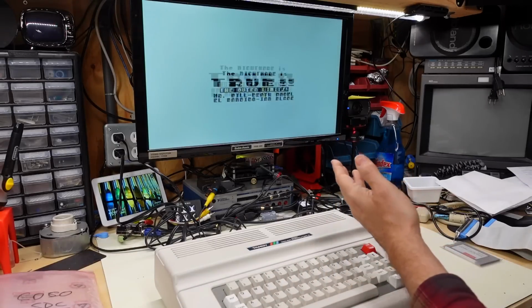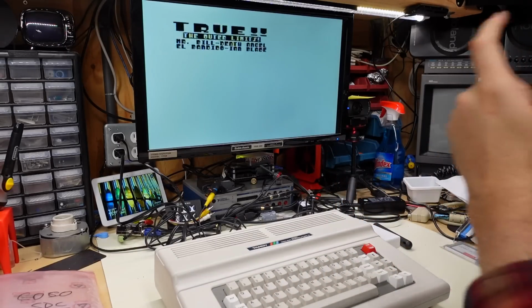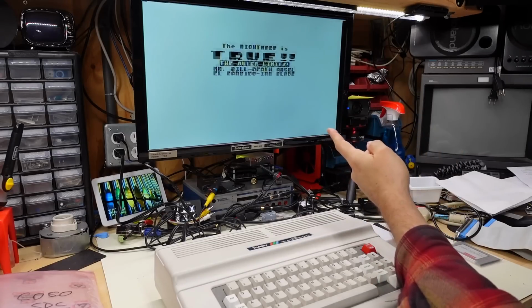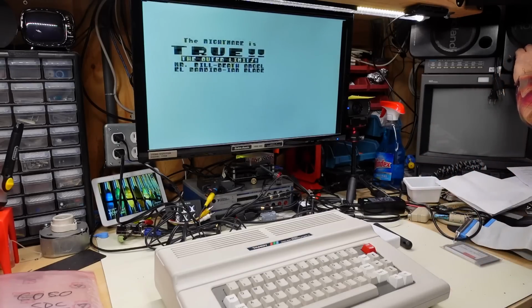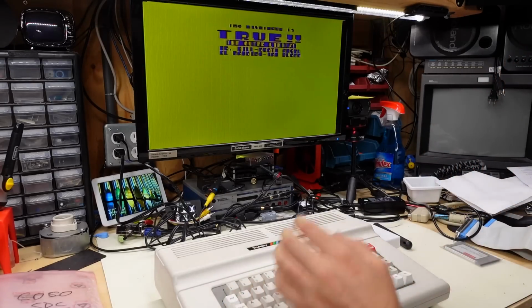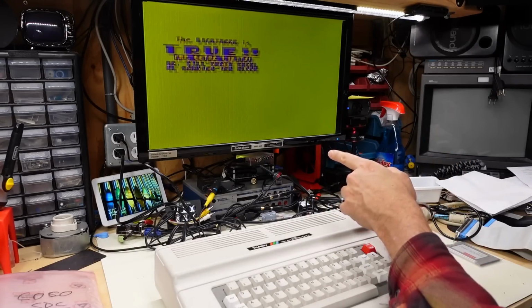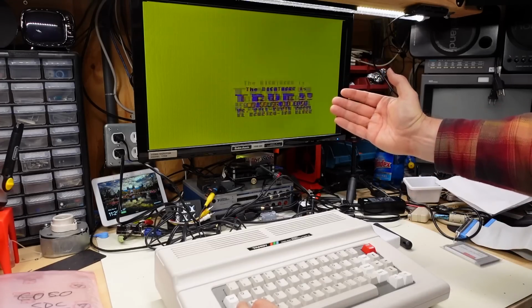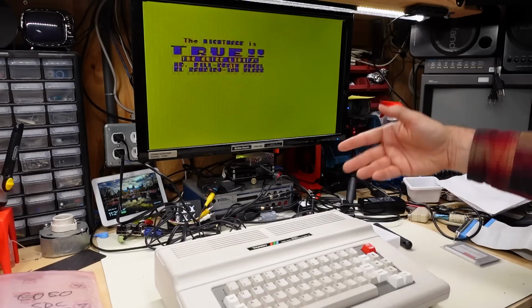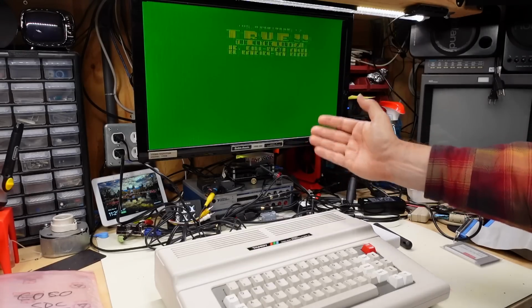All right, well, here's a demo. I don't think there's any music. Let's see. Oh, there is. And obviously there's animation as well, but I don't think this is a Coco 3 demo. I think this is just working on any Coco as well. Oh, except the colors are changing. So maybe this is for the Coco 3. I am not totally sure about that. But what you can see is we're getting 60 frame per second animation and some music. So like with demo coding, it is possible to do more on this machine than what we were just looking